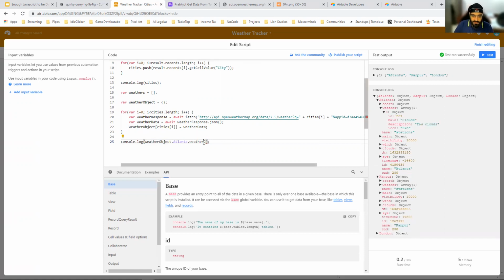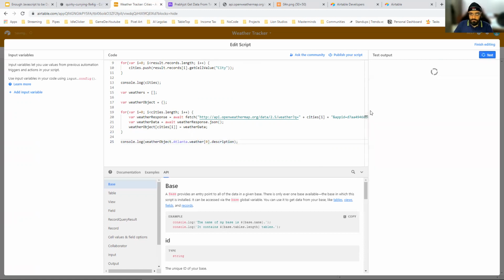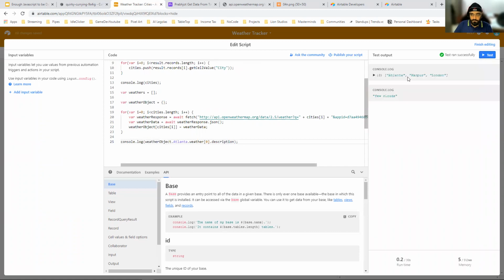Weather is an array, so 0, and then I can do description. Right. If I evaluate this, it should return few clouds. Right. Awesome. Now I have this data structure that I can play with and get all the data I need.